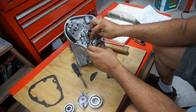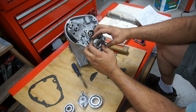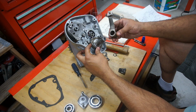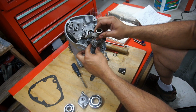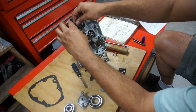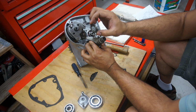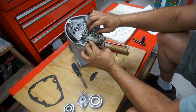And the kickstarter spring would go on. That would go right in the hole there, and just let it sit right there. Then that's the gear selector. That actually would go on before the final plate. These will be compressed. I didn't tighten the bottom bolts here. So you have the bearing in there, a spacer, and it's an oil ring that would go right on top of the bearing,